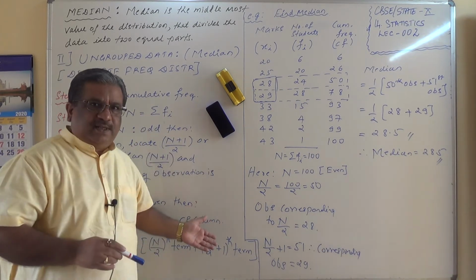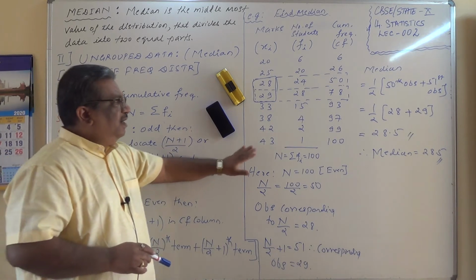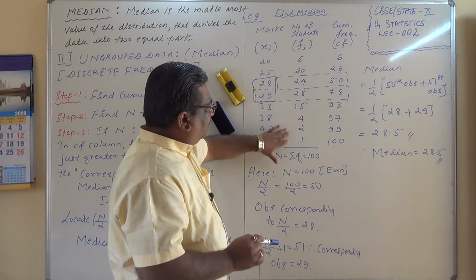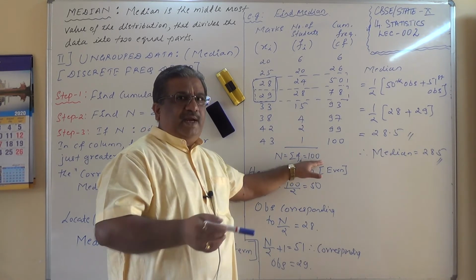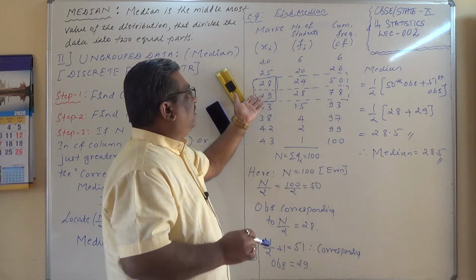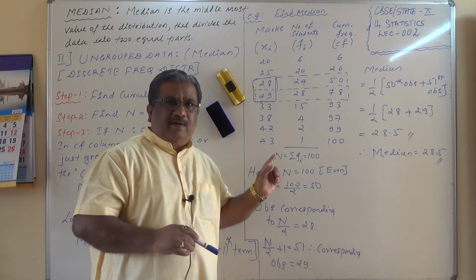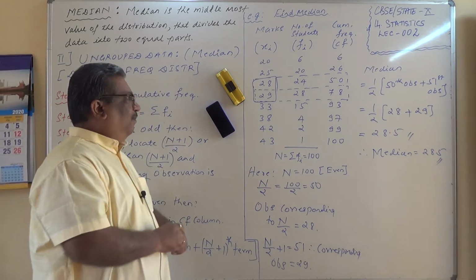Now you can make a note of this right now, note it down, because I am going to erase part of this one and slightly modify it such that the number of observations, sigma f here, becomes odd. When we make it odd, what will be the corresponding median? We will try to find it out. So I hope you have noted down, or pause the video now and note it down. Okay, fine, good.